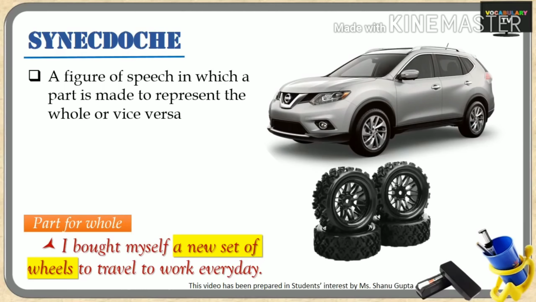Now let's talk about the difference between a metonymy and synecdoche. Synecdoche refers to the whole of a thing by the name of any one of its parts. So we saw that calling a car a set of wheels is a synecdoche, because a part of a car, the wheel, stands for the whole car.